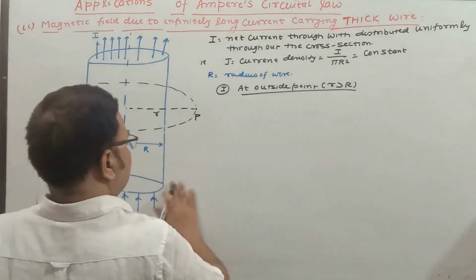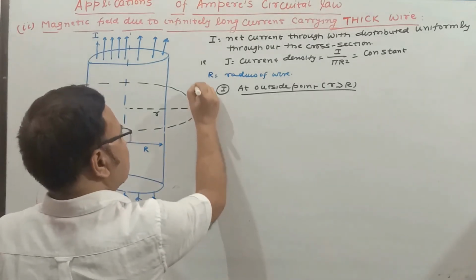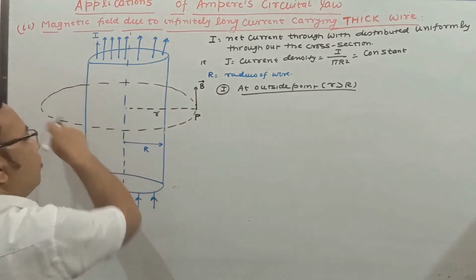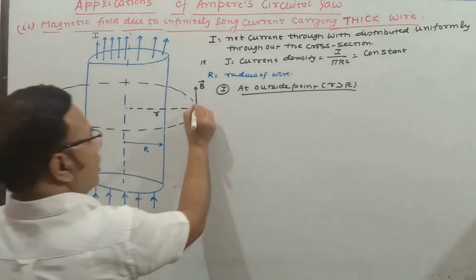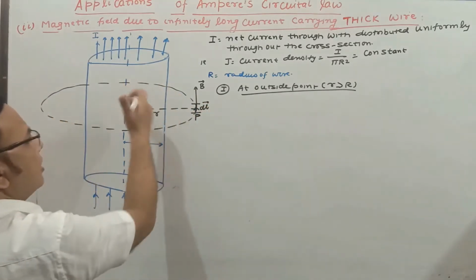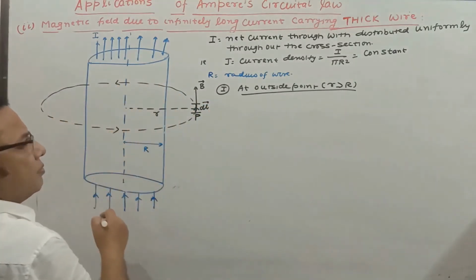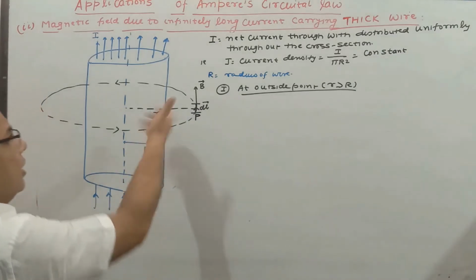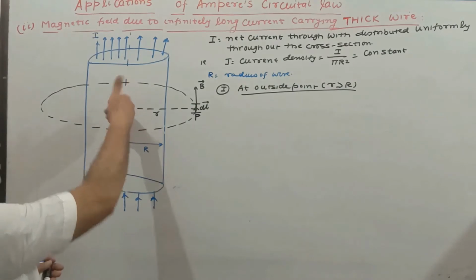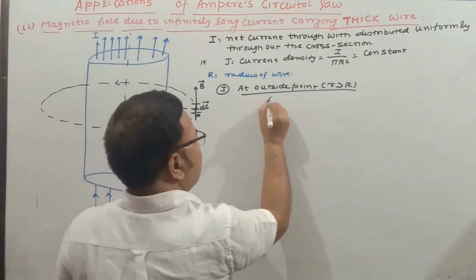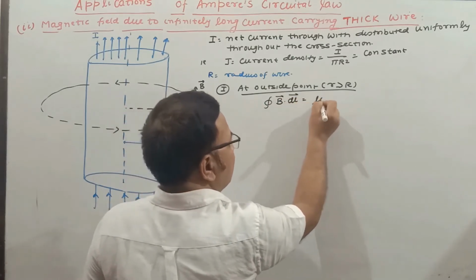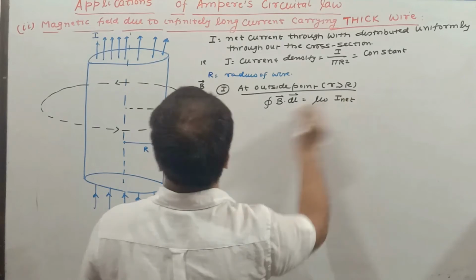Here the direction of magnetic field is along this. This is the Amperian loop of radius small r. Take any small element of this Amperian loop, say dl. We are traversing along this, like this. In that case, current is going up, so we can say that current is positive in the direction of the thumb. So here we know Ampere's circuital law: the integral of B dot dl equals mu naught times the net current threading or crossing this loop.